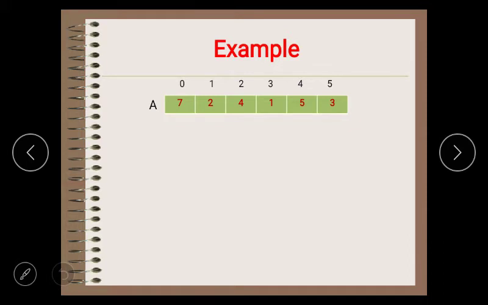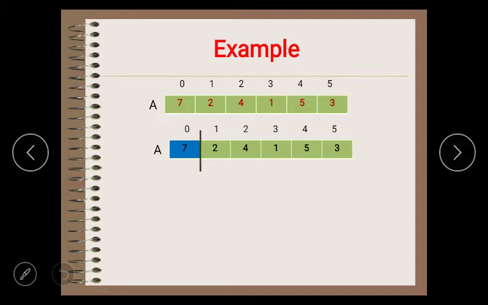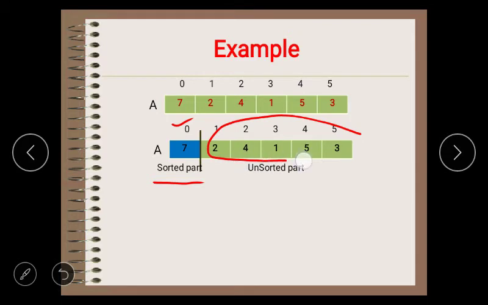In the first pass, the 0th index element is part of the sorted array, because a set with only one element is always sorted, and all the remaining elements are unsorted. Now we start picking elements from the unsorted part and keep inserting them into the sorted part until the unsorted set gets empty.